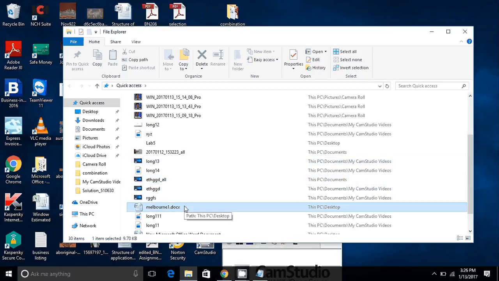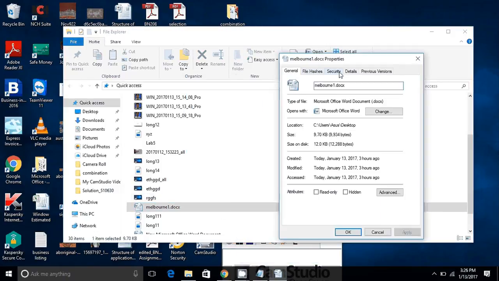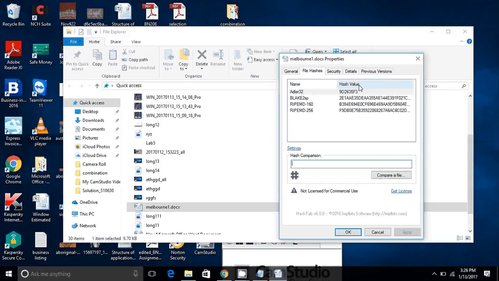Click on Melbourne1, then right click and select Properties. I will see a new tab appear. This shows us the file hash, and we can see the hash value in File Hash.